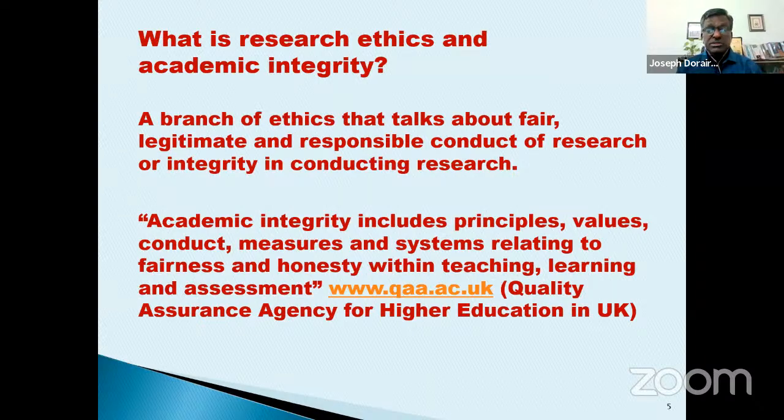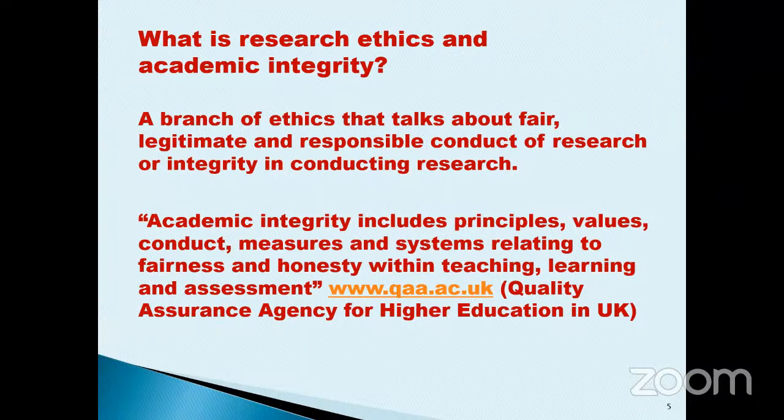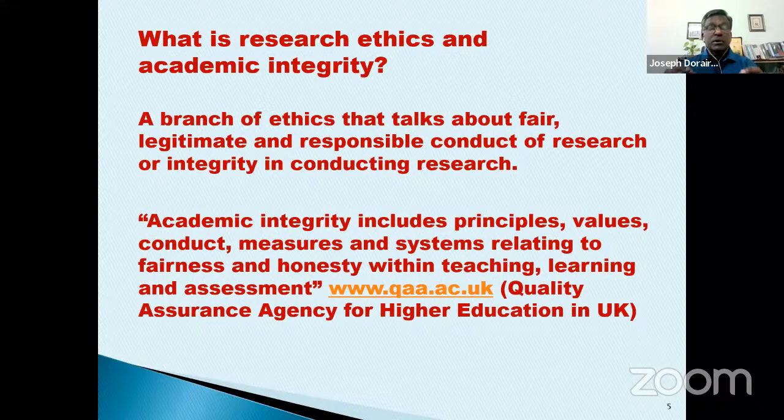So therefore, what is research ethics or what is academic ethics? Whether we use the term academic ethics or research ethics, we realize that it is a branch of ethics which talks about fair, legitimate, and responsible conduct of research, or integrity in conducting research. Now look at the 3 keywords. So when we talk about research ethics, we are distinguishing between fair, legitimate, responsible research on the one hand, and what is not fair, what is not legitimate, what is not responsible, what is not acceptable on the other. In other words, we are talking about honesty, genuineness, and integrity